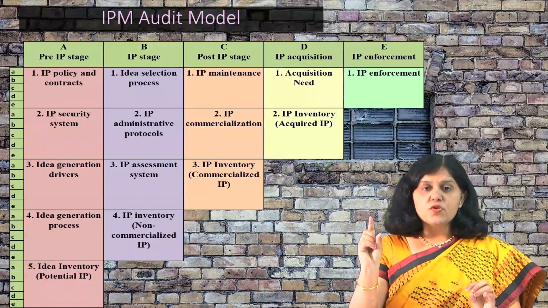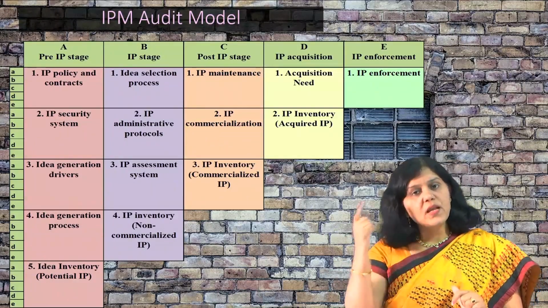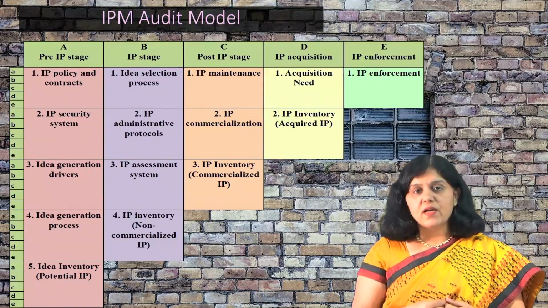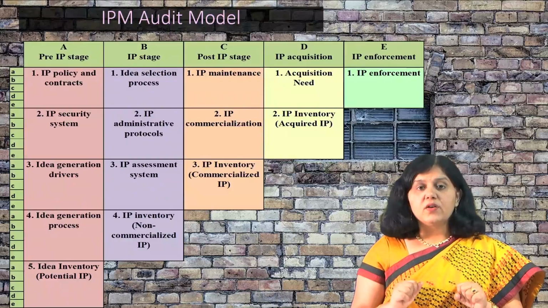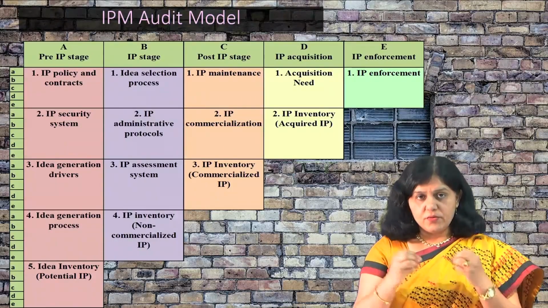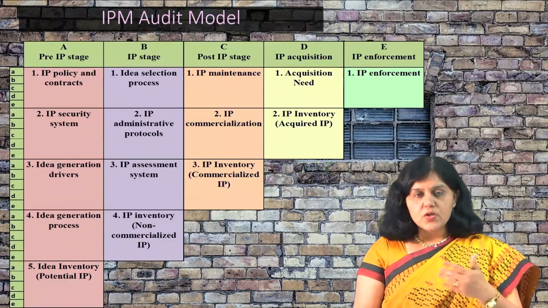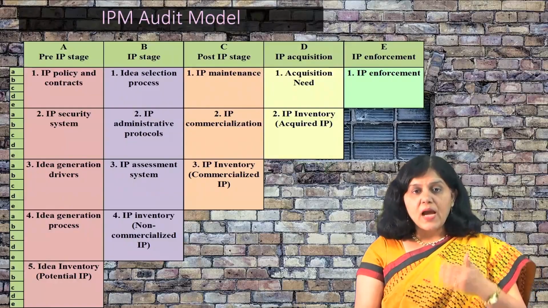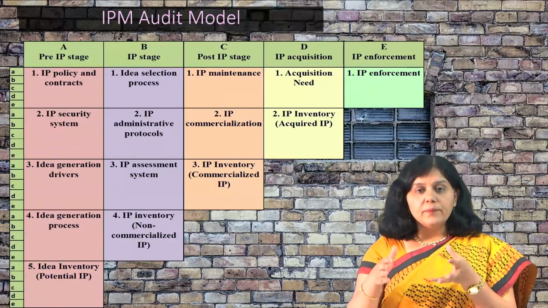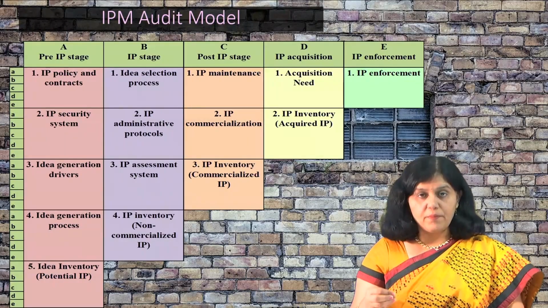If technology moves further, then the probability is that the IP which is now not useful may be useful at a later stage. So, all these things you have to decide very carefully, depending on the technology analysis and all that. You have to remember that, and you have to plan the activity accordingly. So, this is the IP commercialization activity, where you are creating the inventory, that is the commercialized IP, right.